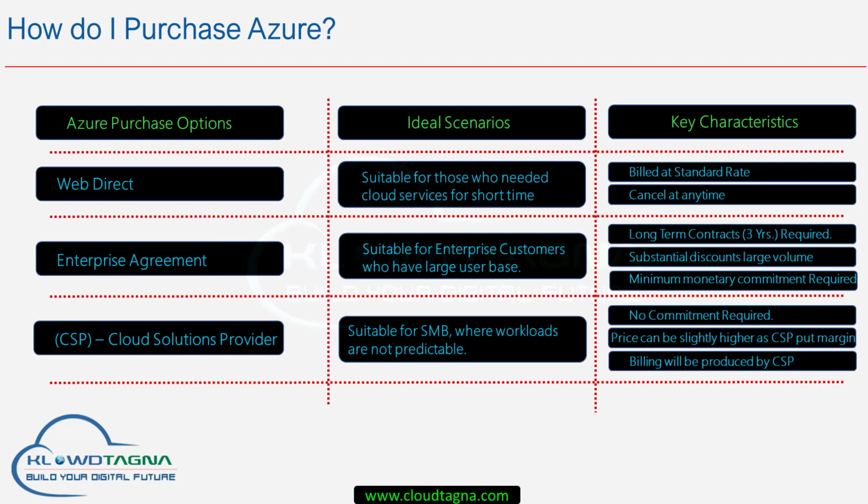In order to get started with Microsoft Azure, first you need an active subscription. So how do you get the subscription? There are three ways. That are WebDirect, Enterprise Agreement or CSP program. For our testing purpose, we are going to use the WebDirect pay-as-you-go free trial. Typically, companies will have an active subscription either through CSP or have an Enterprise Agreement with Microsoft depending on their spending capacity.